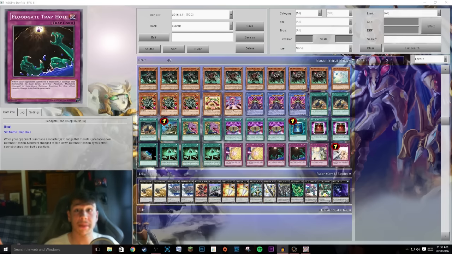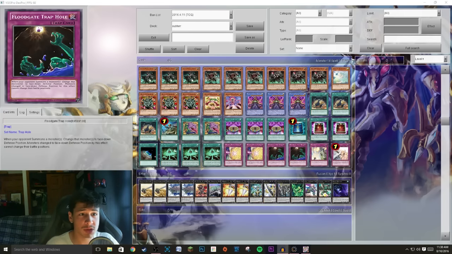So if my opponent is like a Pendulum player, they Pendulum summon 5 cards, Floodgate Trap Hole, set all of them, and just begin banishing them one at a time with cards like Umastrix, and they just can't do anything about it because their cards can't have their battle positions changed. So unless they sacrifice one of their monsters to bring out something like Kieran, they really have no other play, and I just banish most of their set cards turn after turn, and then I leave them with no field